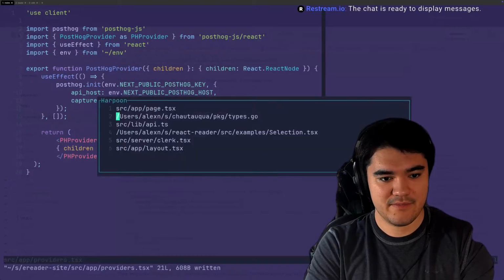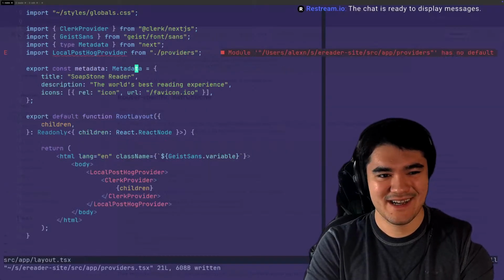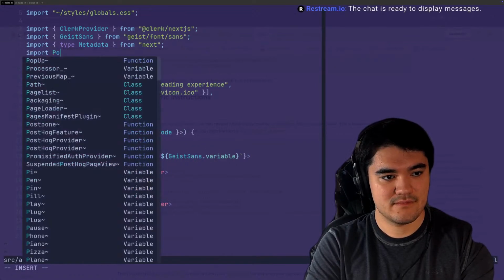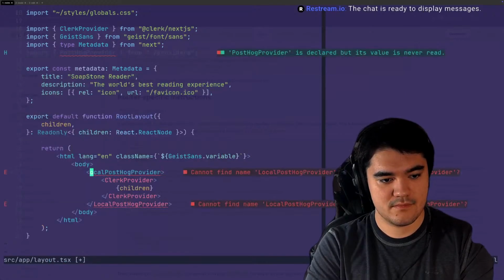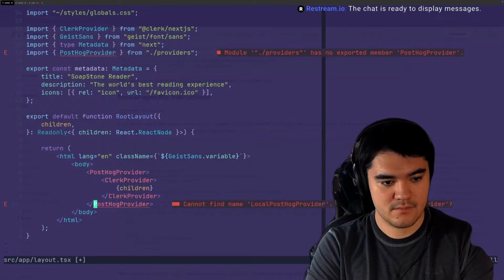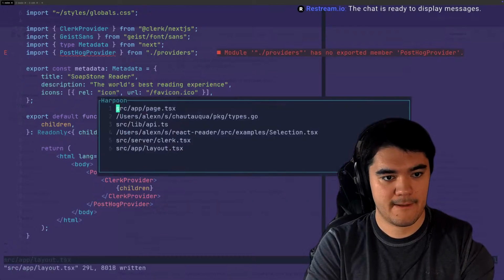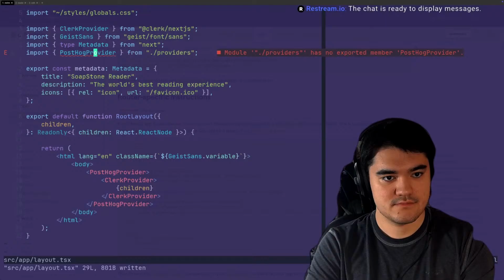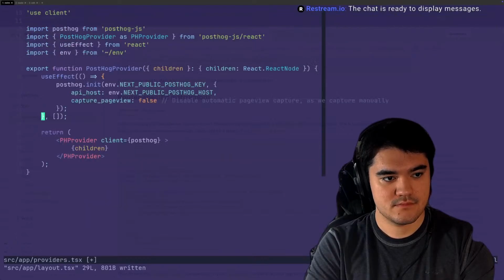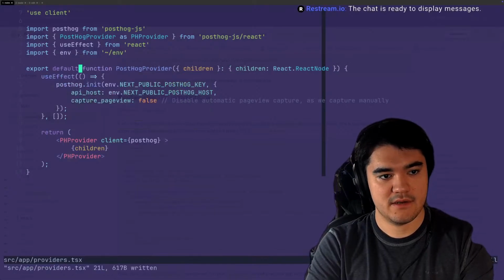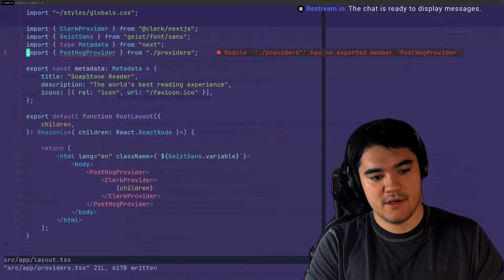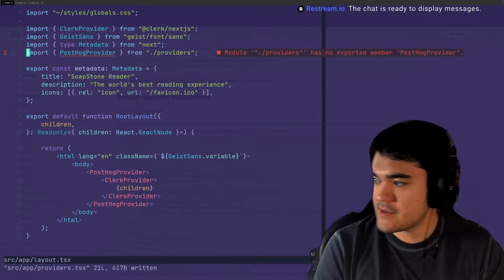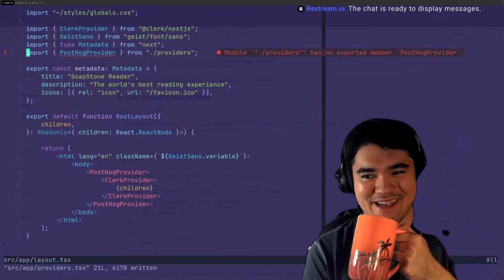Okay, well, at least we got that working. Function PostHogProvider. That. No. Okay, now we got a different problem here. That's good. That's much better. It's a much better problem to have.